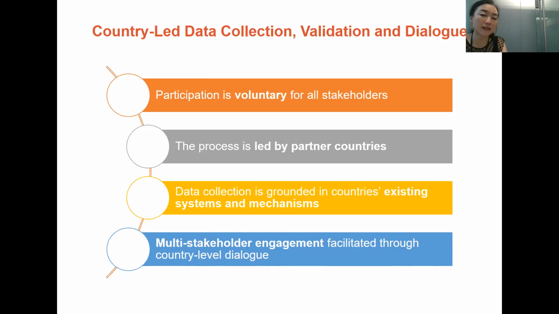And in some cases, existing development partner coordination groups might provide much more strengthened and coordinated engagement of development partners in the process.